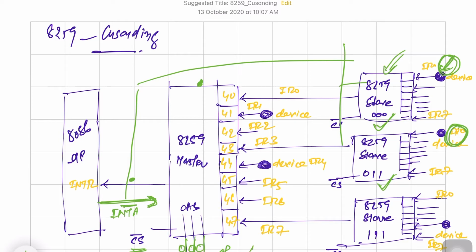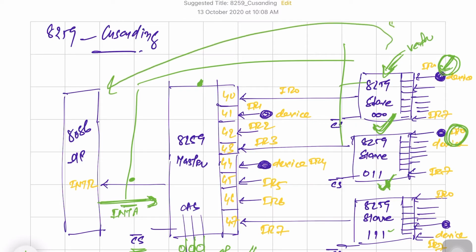All slaves will receive this number, and as I already discussed, each slave has its identity number. Now this slave will check, is it for me? No. Is it for me? No. So it will get to know that its interrupt is still pending, and currently this one will get selected. So this slave will send the vector number